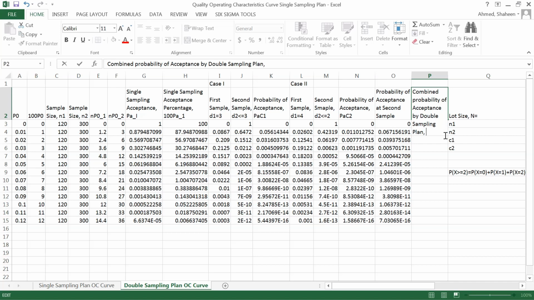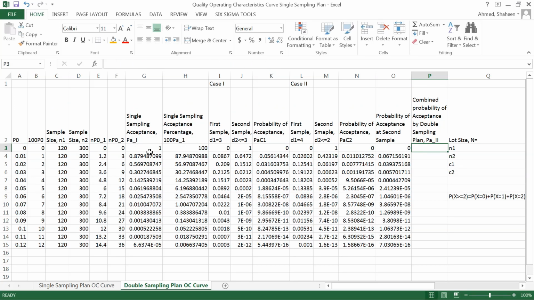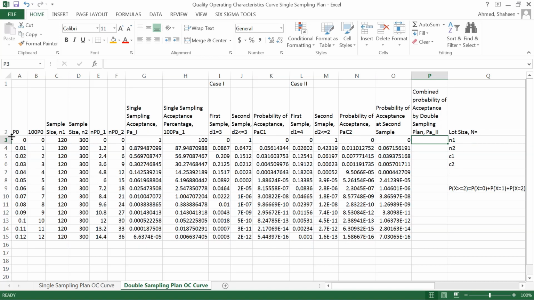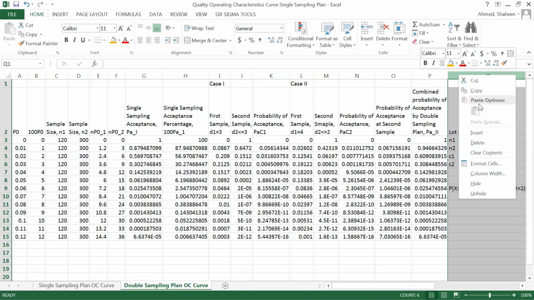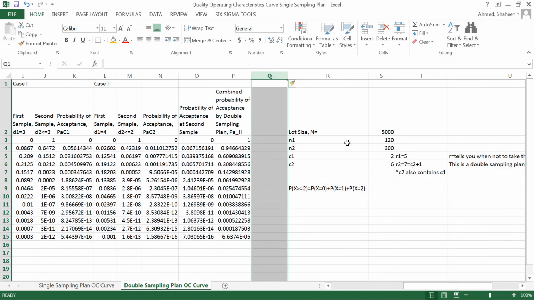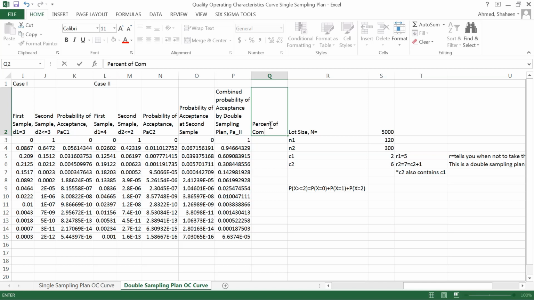PA. I would like to call that PA underscore 2, like we indicated here, PA underscore 1. So this is basically equal to this or this. Copy all the way down like that. Now we calculated all of this probability. Let's express this in percentage. So the percent of combined